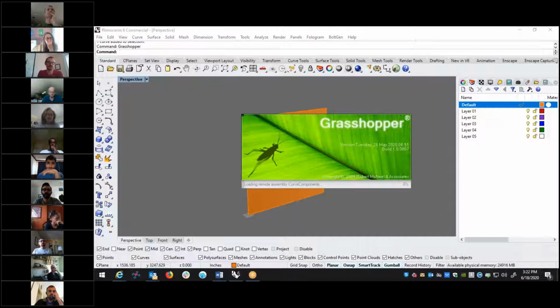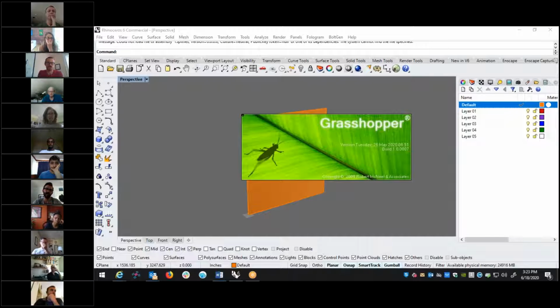And what you'll see is a pop-up with a Grasshopper. And it's going to start to load a lot of components. So basically in Grasshopper, you're going to see, I'm going to say every single command that's in the Rhino platform. And you're also going to see commands that have been bundled together to make new and interesting ways of working mathematically. So as this loads,